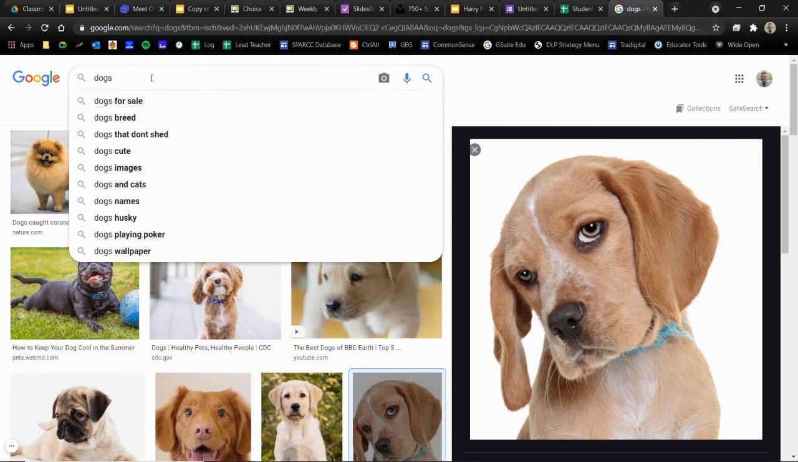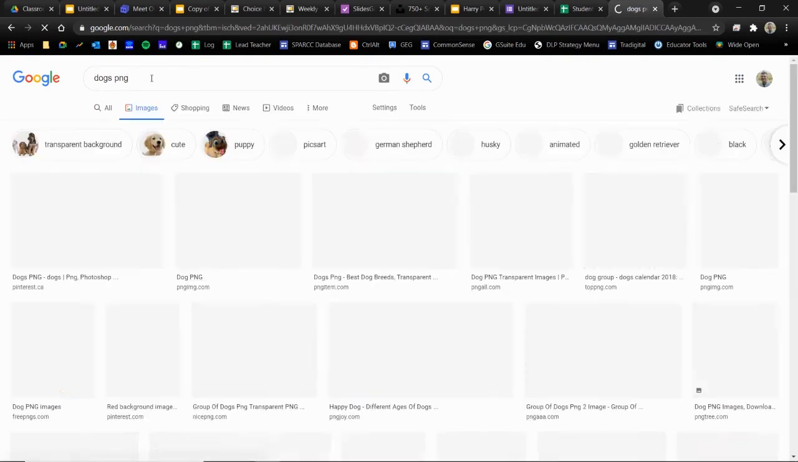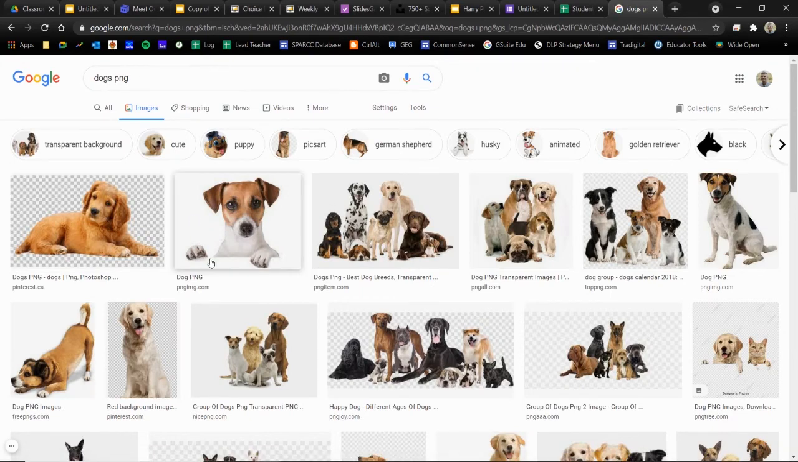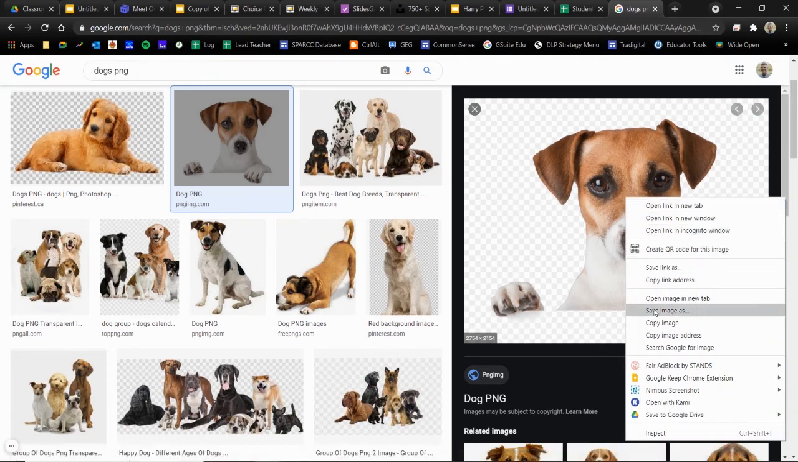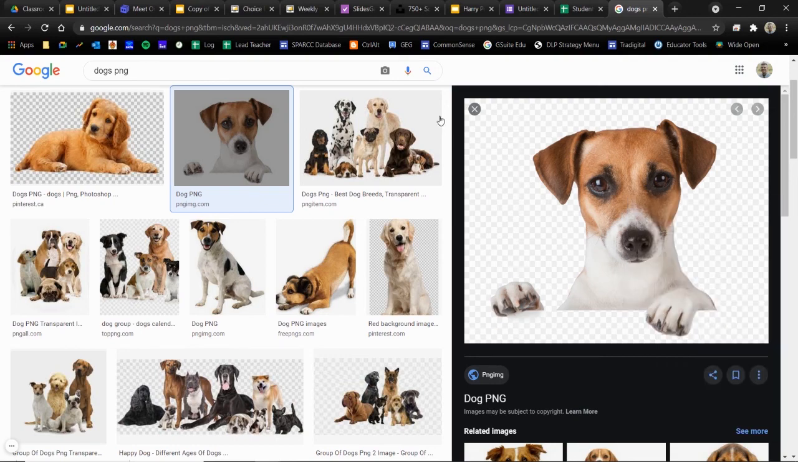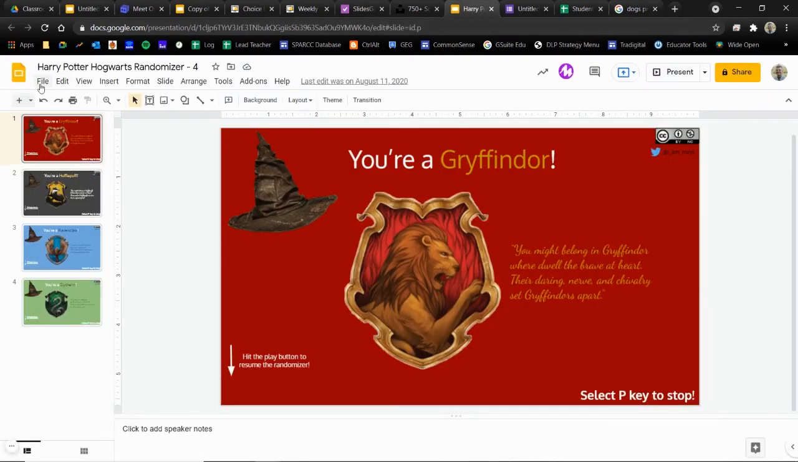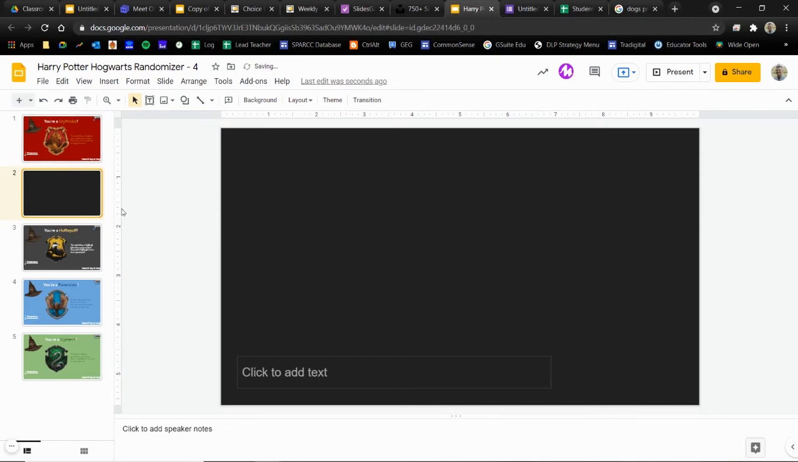Instead of just searching for dogs, type in dogs PNG and see what pops up. So you'll notice that this guy here appears to have that white background, but when I click on him, I now get this pixelated background, which is very similar to what we see on a blank slide or in a blank drawing. So I know that if I wanted to, I can right click on this doggo and I can copy this image. I'm going to go back over to this Harry Potter one just because I know it's open and ready. And what I can do is paste that puppy